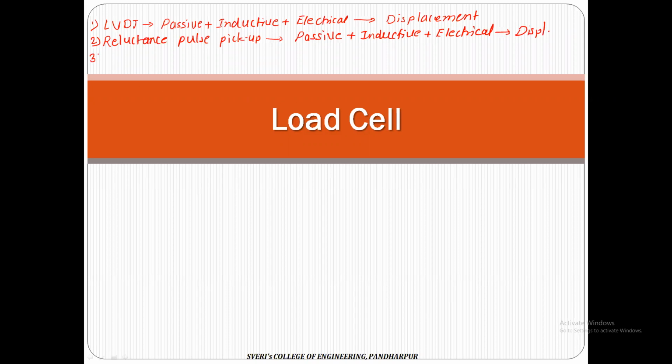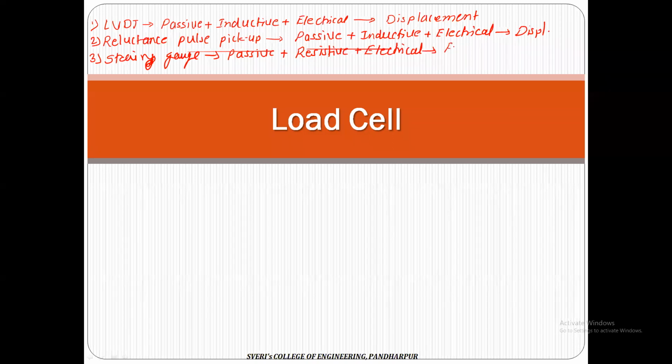Then the third one we discussed is the strain gauge, which is also a passive, resistive, electrical transducer, and it can be used for the measurement of force, pressure,